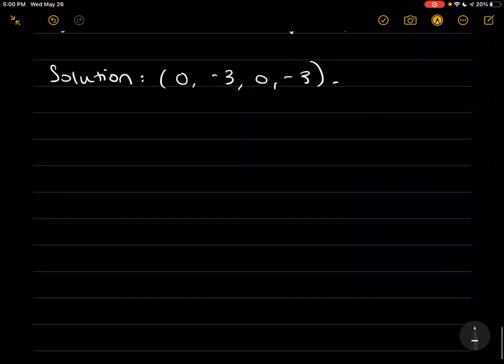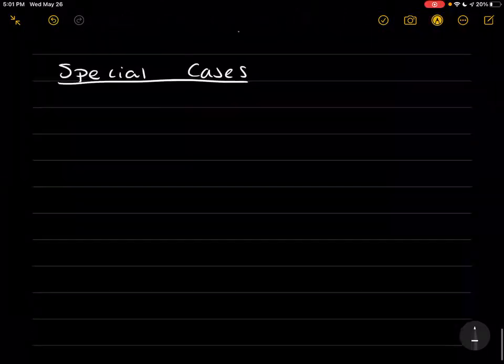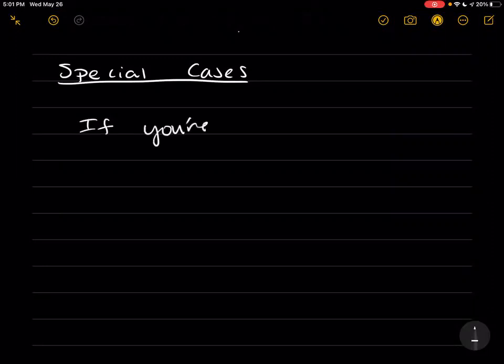But let's look at what that looks like in matrix form, because it can look a little bit different. I mean, it'll look familiar, but it's good to write it out and see what it looks like when it's in that kind of grid. So if you're working with a matrix,